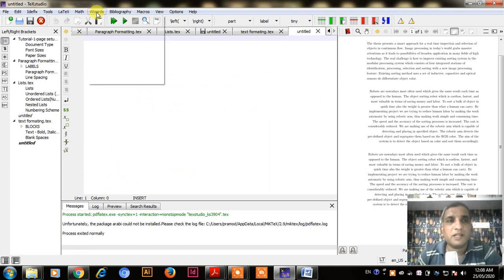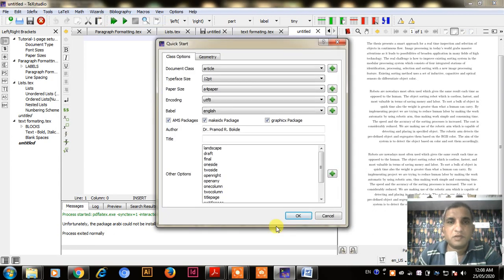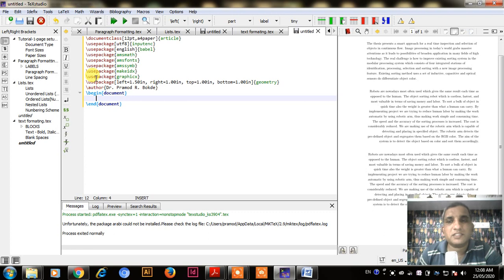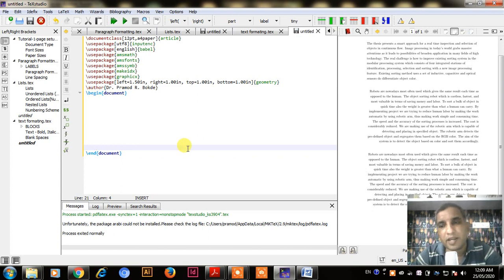I will create a simple article using this quick start wizard. I will keep all these terms as default as we have already seen in the second video. Once I click this, it will produce a template where we have the preamble and the body. The body is between begin document and end document. So here our text will remain.